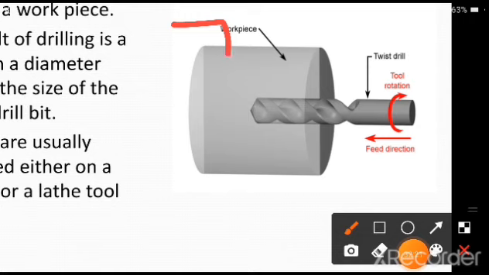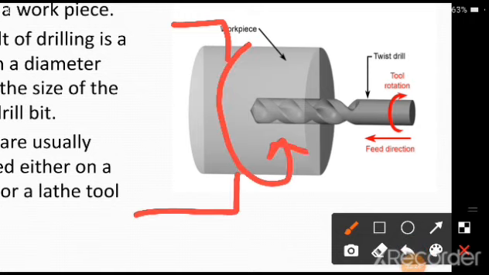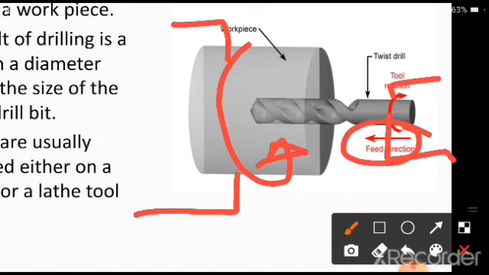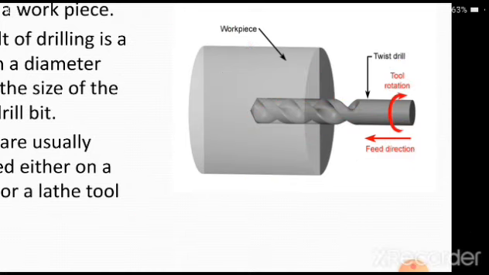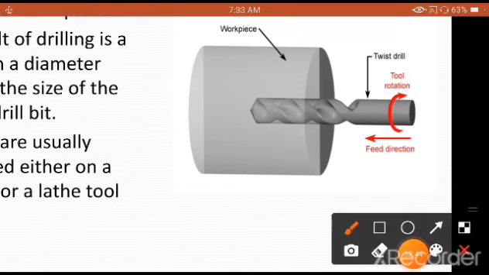So this portion is held on a headstock chuck. It is made to rotate, and the feeding direction is done like this. Here your tailstock spindle will come, and it is going to be fed against the rotating workpiece. This is called a twist drill, as you are going to see here, which is firmly held in a tailstock spindle and pressed